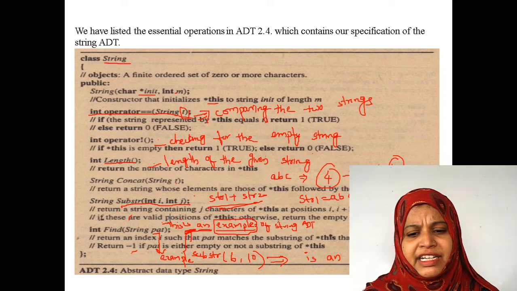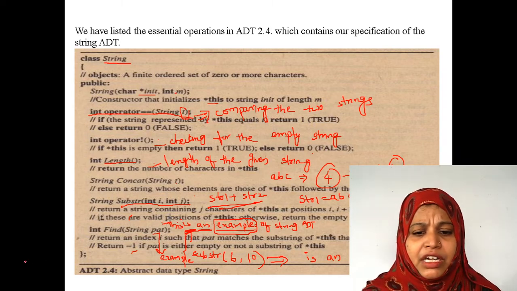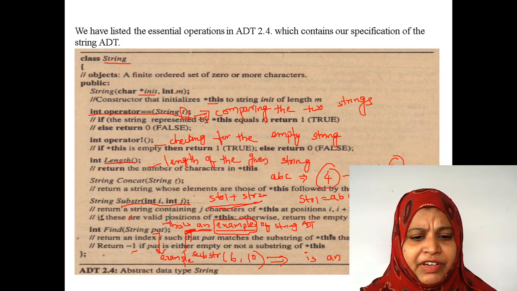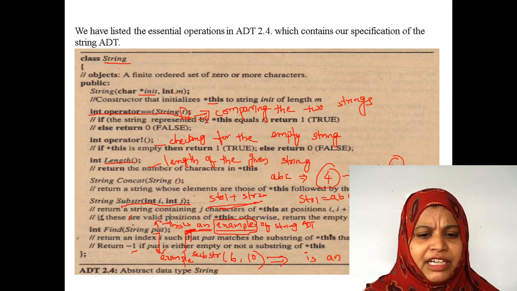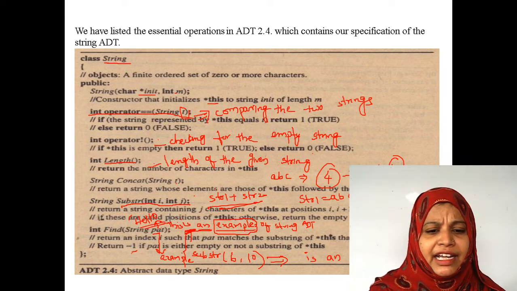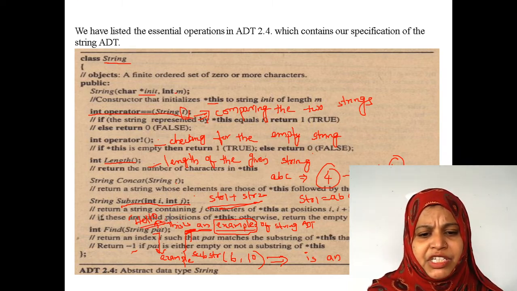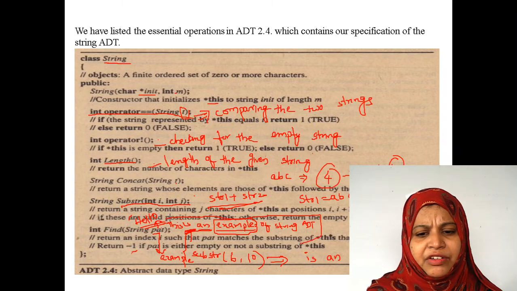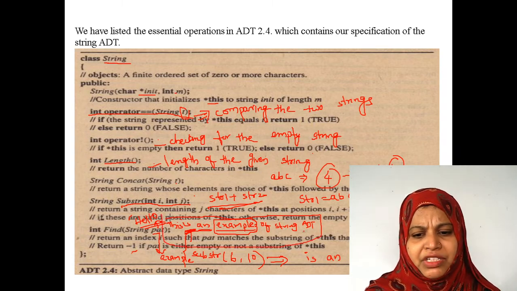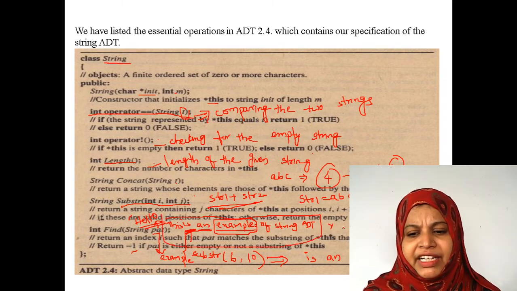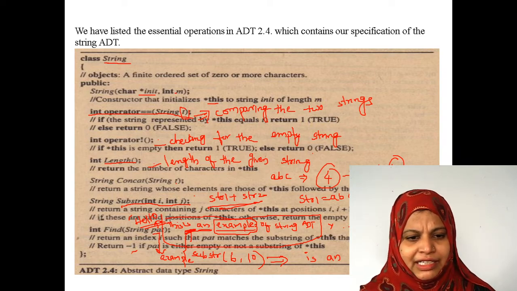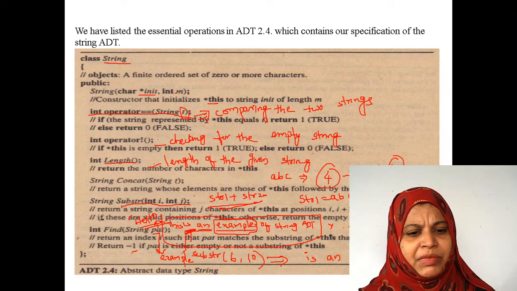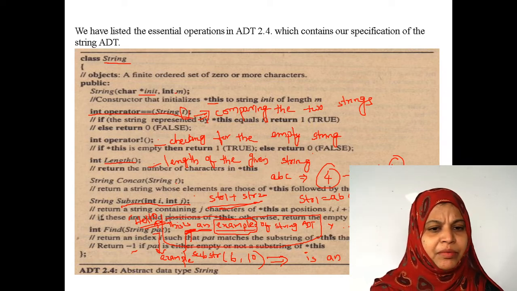For example, this is an example of string ADT. Instead, I am going to search for my pat value, for example "hello". Here I am checking whether hello is present in that particular string or not. No, hello is not present in that particular string, so it will return minus 1, right? These are the types of operations we can perform on strings.